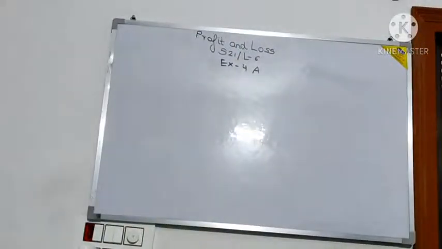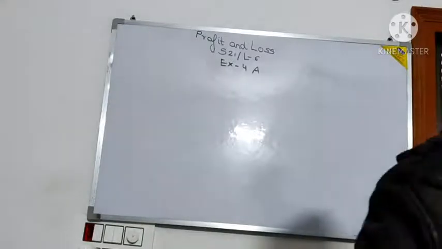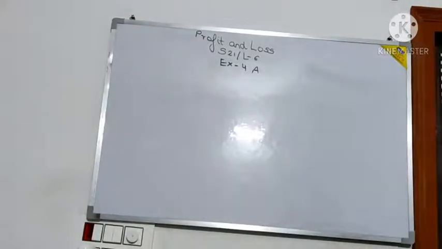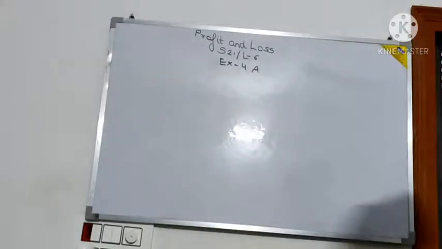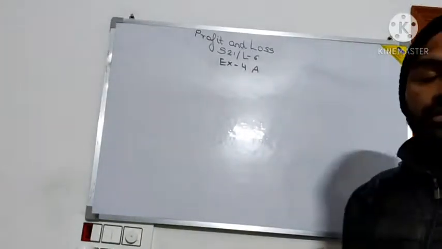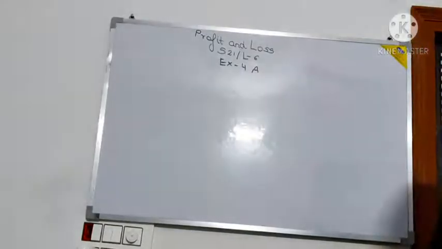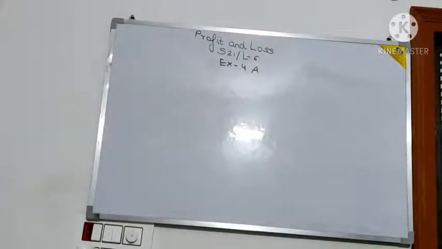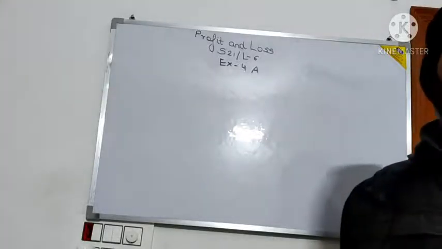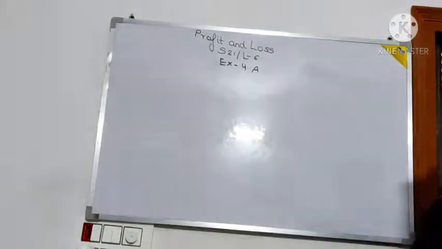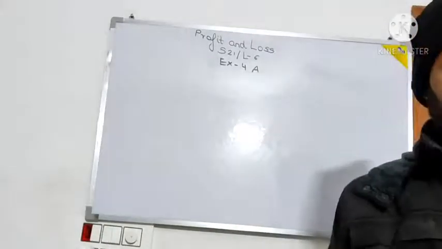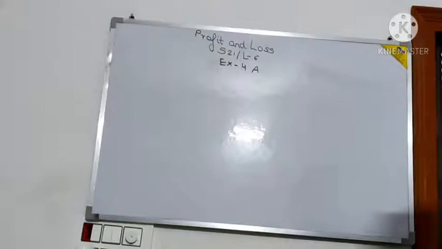So children, let us take a question from exercise 4a, that is based on profit and loss. For question number 11, the answer may be having an issue. A profit will come here, but the total CP that is calculated from the question and what is supposed to come from the answer will not be matching. So what I calculated was 8%, the answer was there.